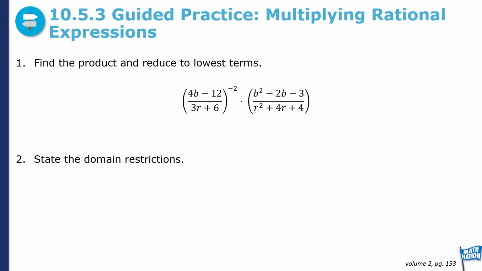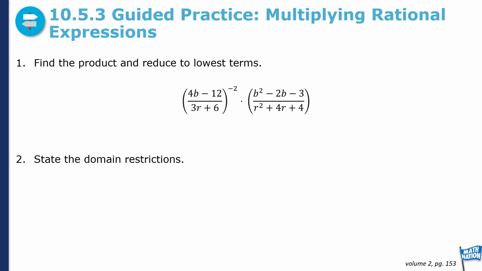So let's look at this guided practice. It's asking us to find the product and reduce to lowest terms. So we have 4b minus 12 over 3r plus 6 raised to the negative 2 power, and then multiplying that to b squared minus 2b minus 3 over r squared plus 4r plus 4. So here we have several things happening. First thing we need to look at